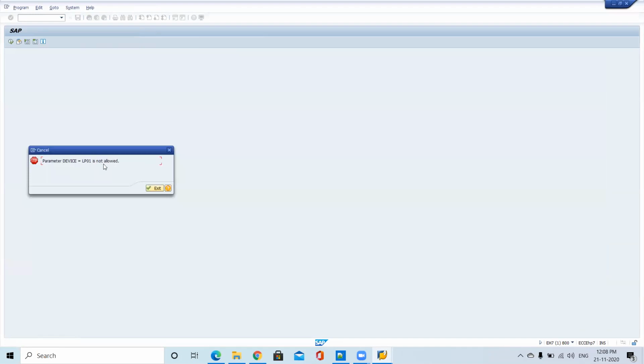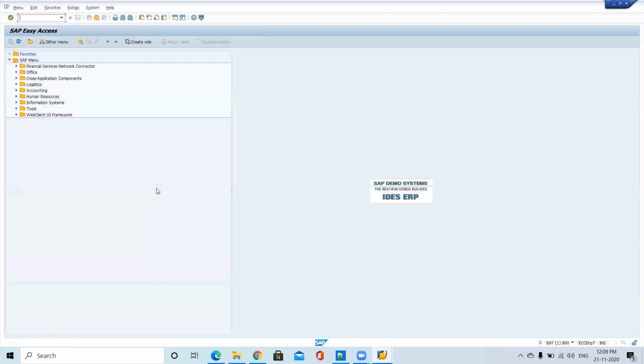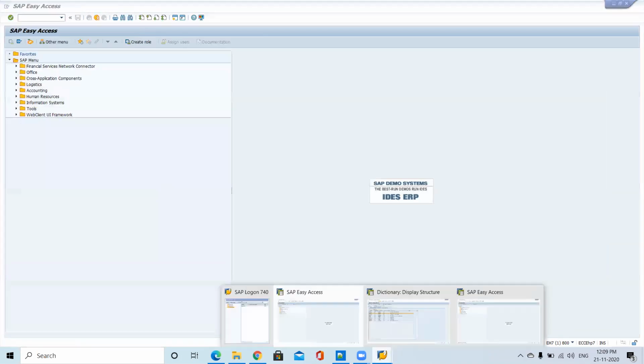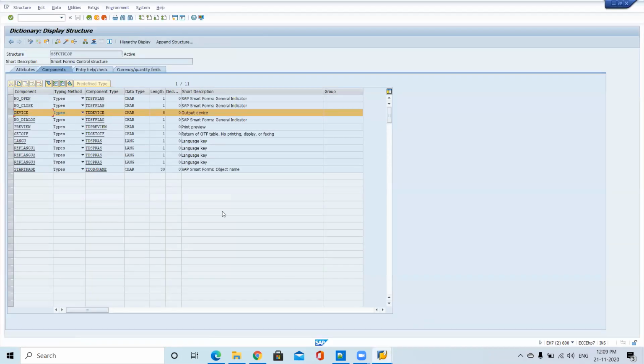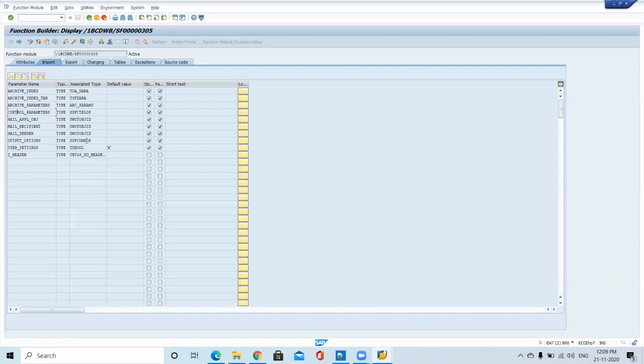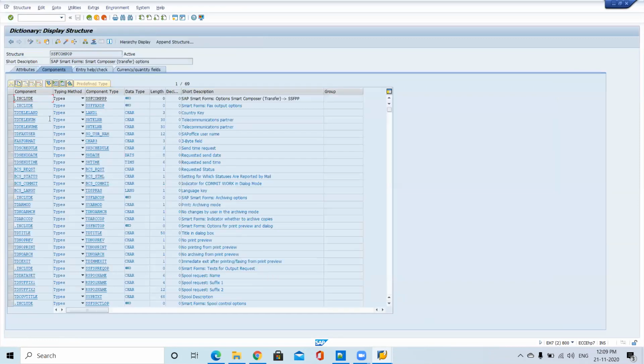Then parameter device LP01 is not allowed. So what happened? In this, device name is LP01. Print preview. So we'll check other output options. Here also we have one printer name, TD name or something. No print preview.